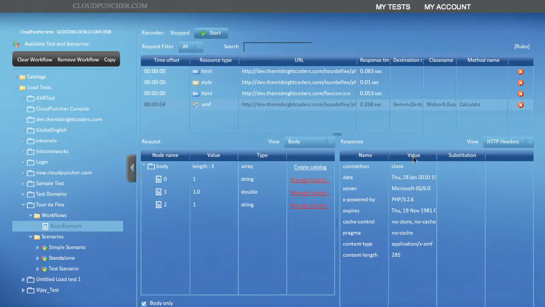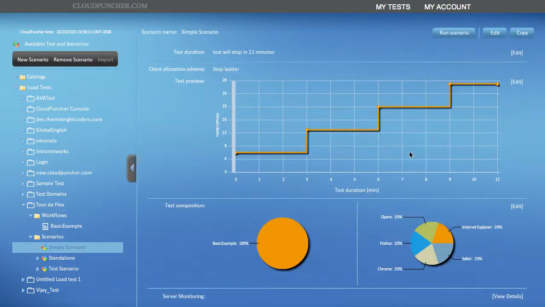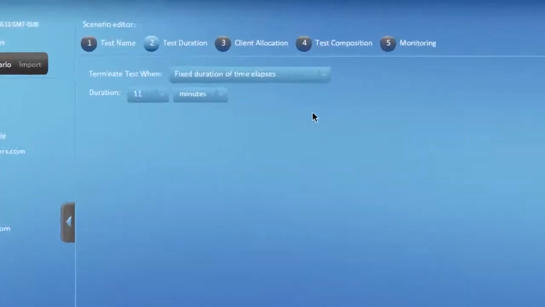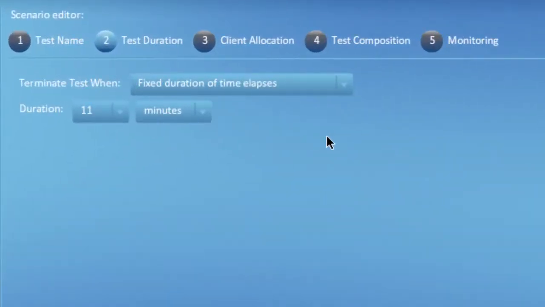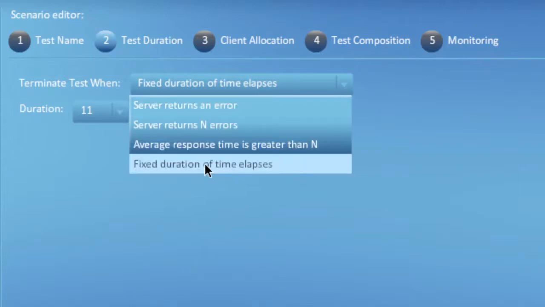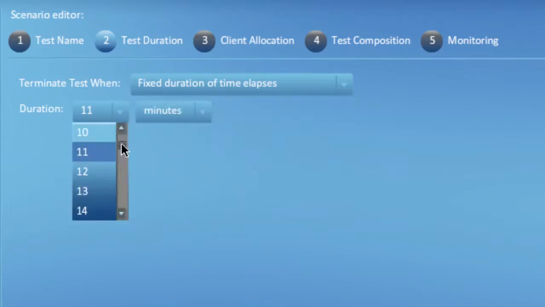Now that you have seen workflows, let me talk about scenarios. A scenario is a set of configuration parameters which determine how a load test is going to be executed. First and foremost, there is a termination condition. This parameter determines at what point the load test will stop running. One of the conditions is a fixed duration. In this case, you can configure the test to run anywhere between 1 minute all the way to